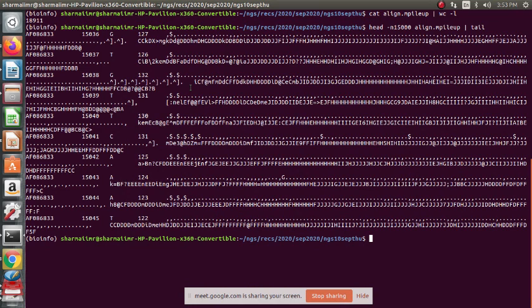So we can see the middle section of the pileup, right? Mostly the middle section of the pileup will look somewhat more complex compared to the start and the end, because they have edge effects.